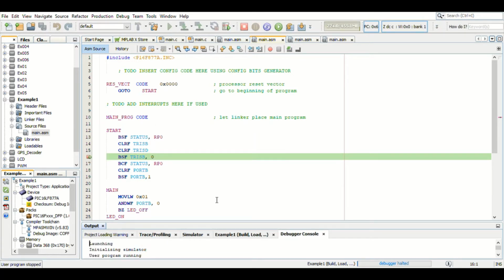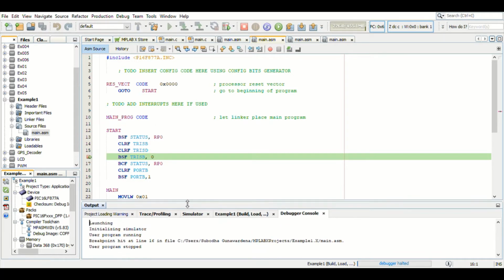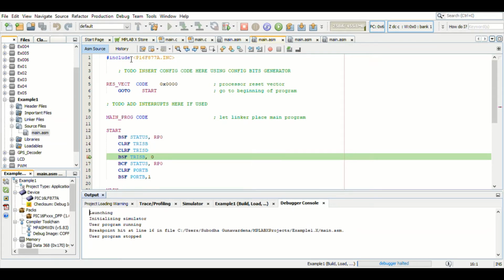It took me quite a while because my computer is a little slow today. Now the program has started and at the breakpoint it paused.